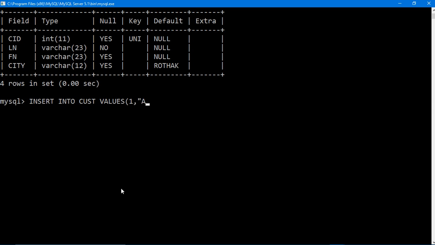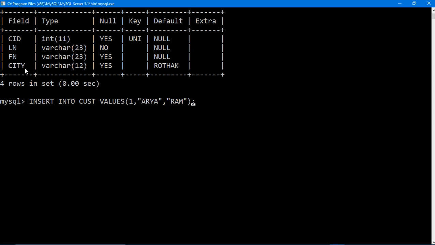Then Arya, ARYA, this is the last name, and the first name can be Ram. Fine. So I have 4 fields, but I am trying to enter only 3 values, so this will give me an error. See, it must have 4 values, but I am passing values for 3.